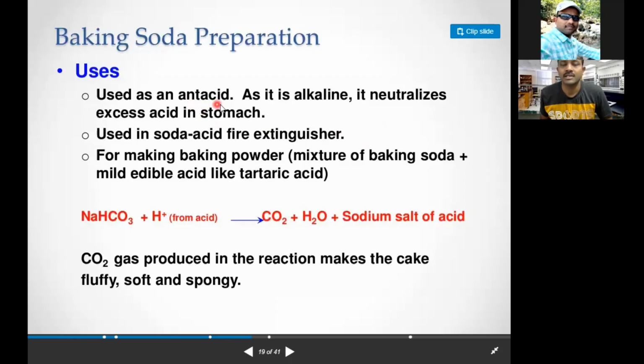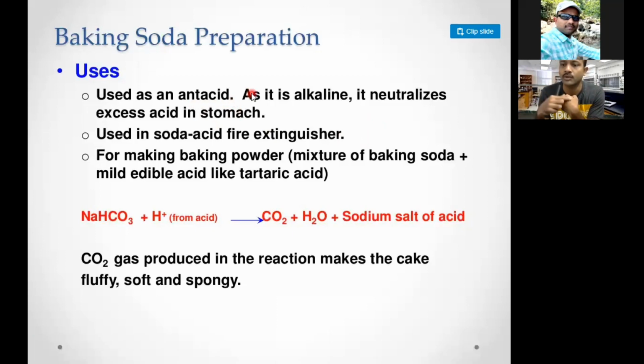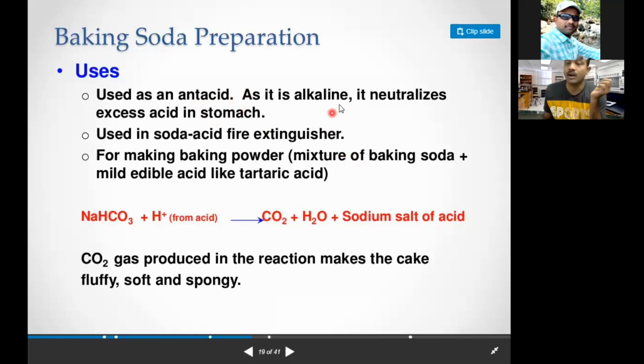So this is used as an antacid. It is weakly basic in nature. When a red ant stings your skin, you will get some irritation. You take some baking soda and rub it, the irritation will come down. It will get reduced, right? As it is soluble in water, it is alkaline in nature,